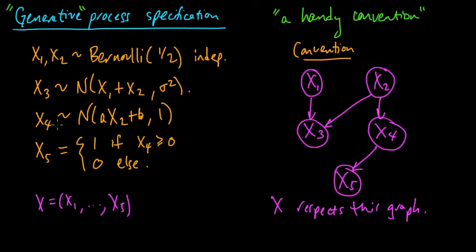And also, at the same time, the marginal distribution on x2 and x4 might satisfy this property and this,